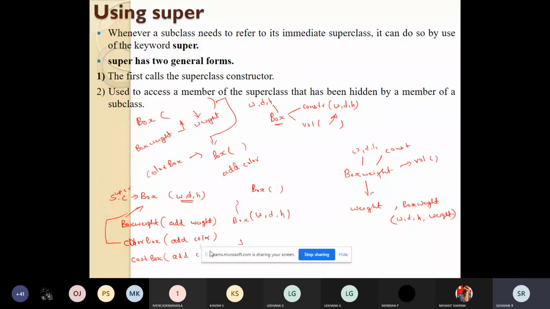Like this, by using inheritance, one super class will be there, and I will keep on creating subclasses which refer to that super class and create more specific versions of it.